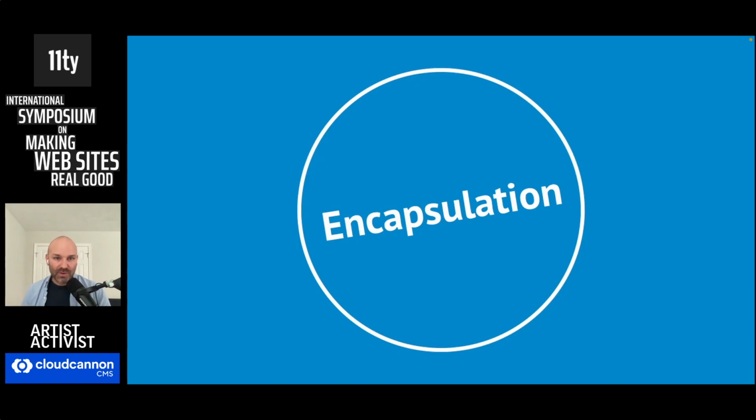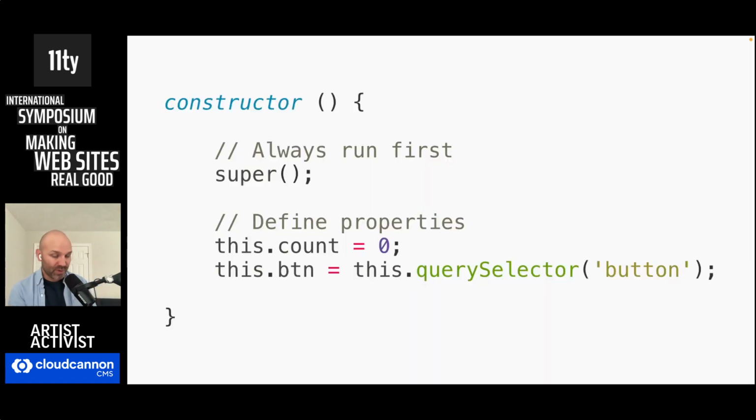Now, web components provide some useful ways to handle that. And in particular, they make encapsulation really easy. It's built in, even without the shadow DOM. So while light DOM elements, so things that are not in the shadow DOM, will still be accessible to your CSS and JavaScript and the main DOM, they're scoped to your custom element, and that provides some unique benefits. For example, in your web component, the this keyword refers to the current instantiation of your component, and by extension, the custom element that's wrapped around it.